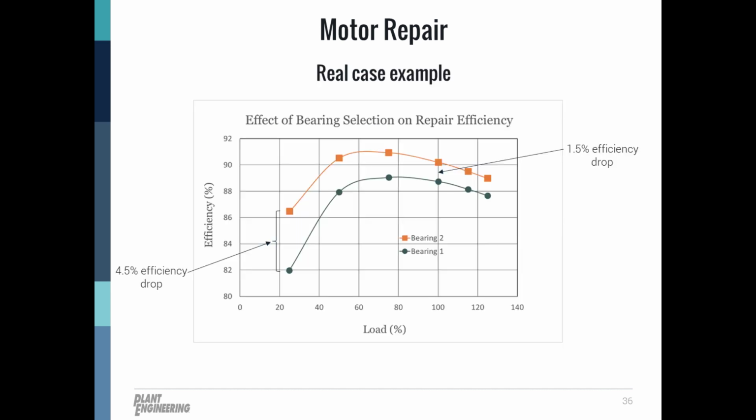Speaking of high quality motor repairs, we have an example here that we like to show. This is what can happen when quality control procedures aren't followed. You see two performance curves. This is the same motor, 10 horsepower, 1800 RPM, 4-pole motor. Nameplate full load efficiency at 100% load is 91%. The orange line here, the top line, shows the efficiency when the motor was repaired, including a full bearing replacement,